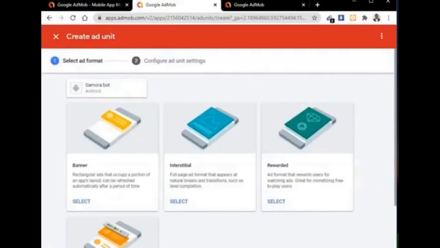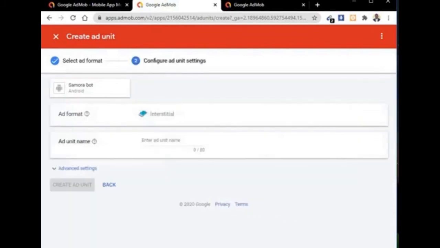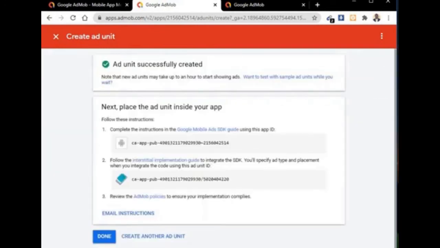So click on add unit again. We have already done this one. We go for the second one here. So click on select, give it any name you like. Then you click on create. Good. Now this is what we need. So copy this one,